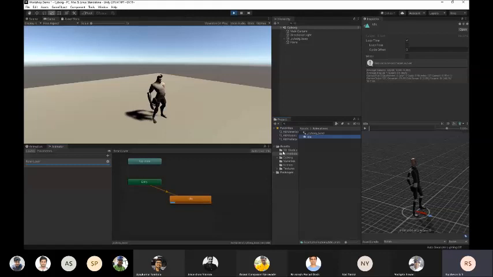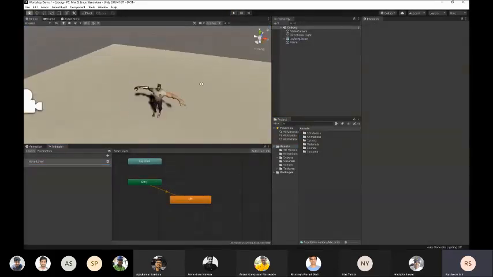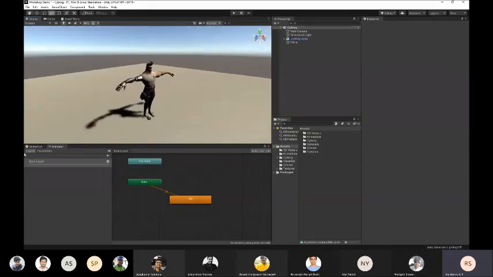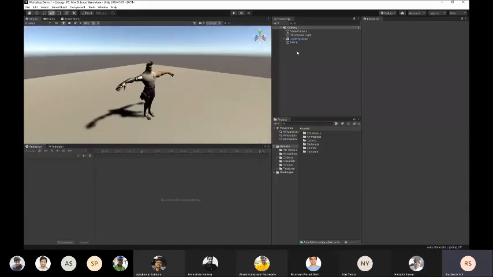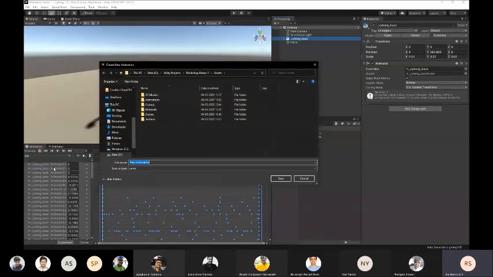Okay. So let's create another. I'll come out of play mode. Let's create a jump animation. Go back to animation. Make sure your object is selected. So this is an idle animation. If you want to create a new clip, click on idle, create new clip. I'll save it in the animation folder. I'll call this jump.